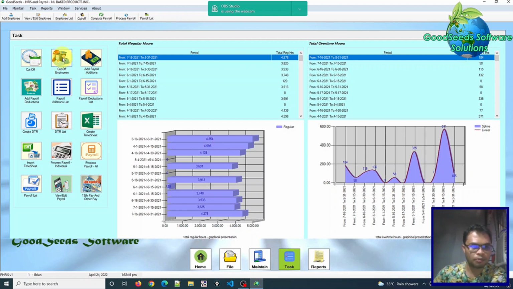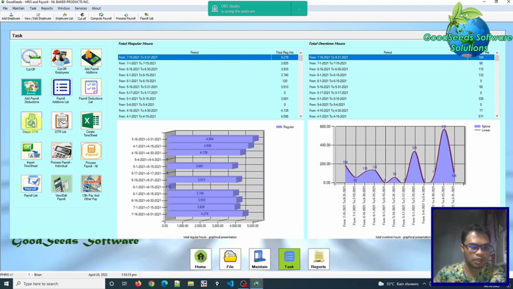Then cut-off employees: if you want to add, deduct, or remove an employee from a certain cut-off, you need this functionality. Then add payroll additions, add payroll deductions. As I have said, these are all additions and deductions related to a certain payroll period for a certain employee. You can view all those deductions and additions using this payroll addition list and payroll deduction list.